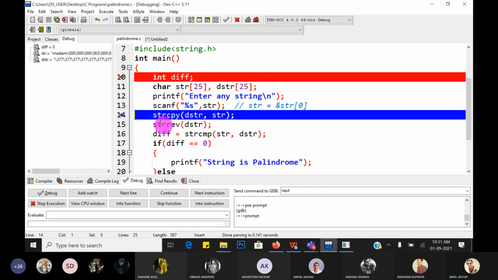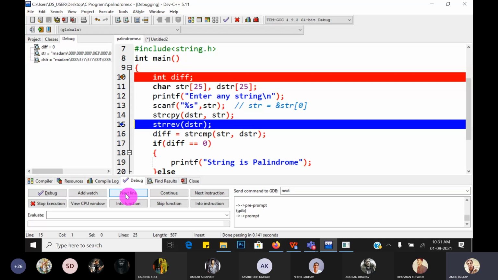Now when string copy executes, the source string str is copied into dstr, the same string. Now dstr also becomes madam and slash 0.